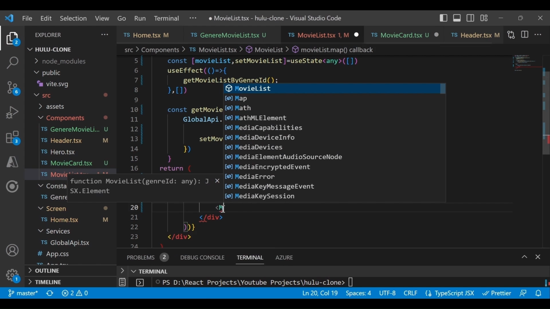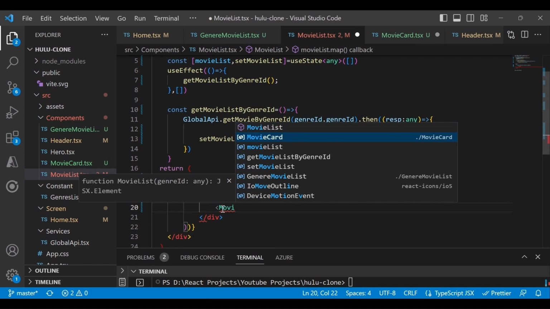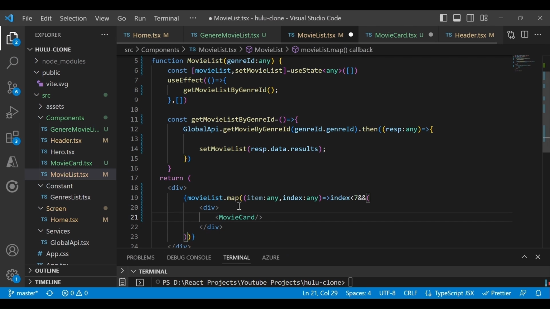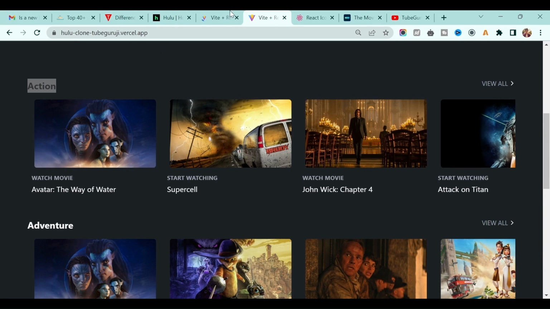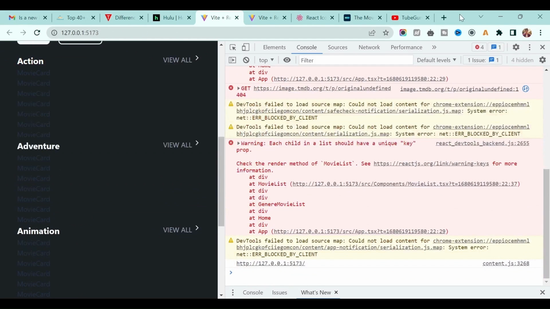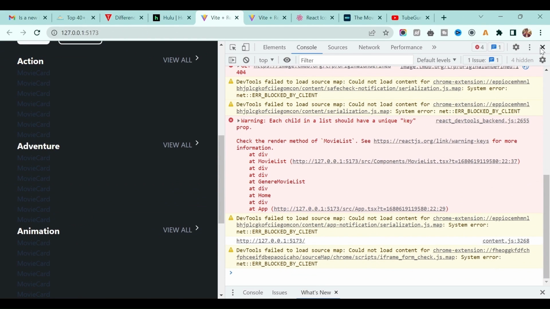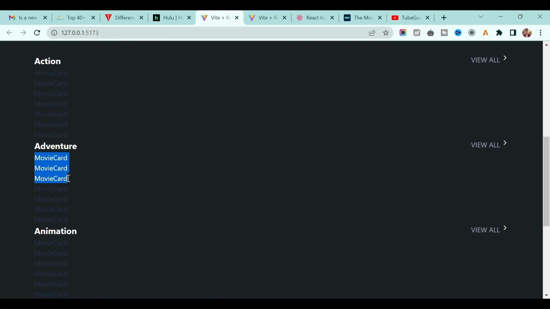So just write movie card. Okay, import that one and save it. Right now you will see this movie card everywhere. Let me remove this one. Movie card. You see?